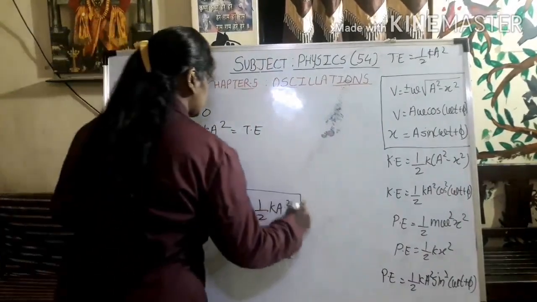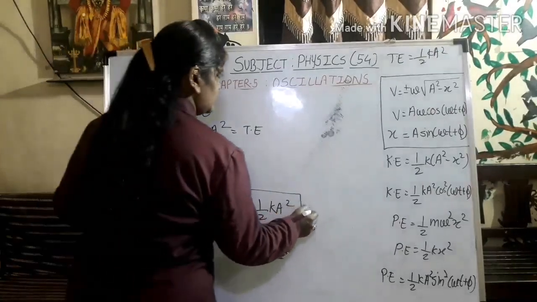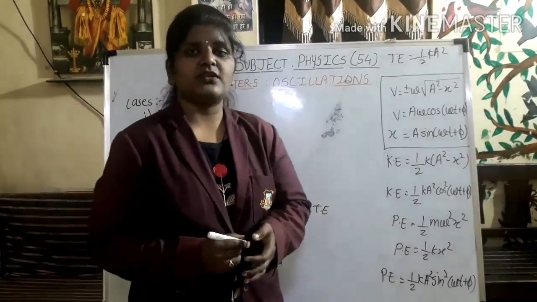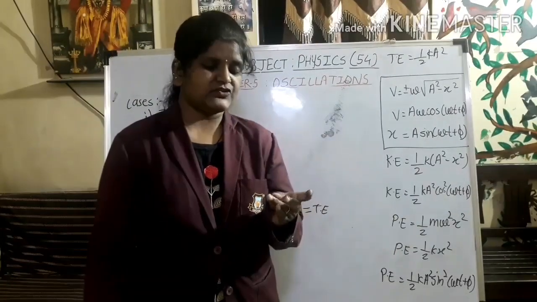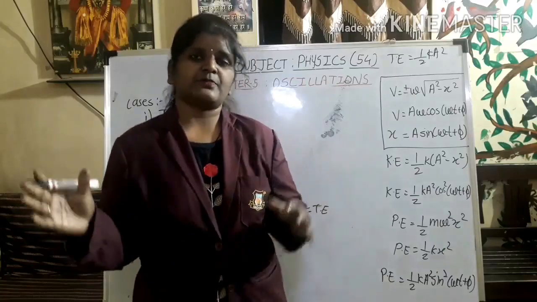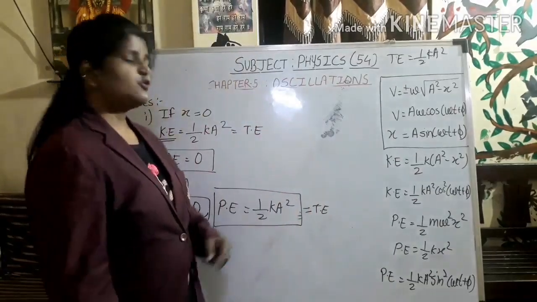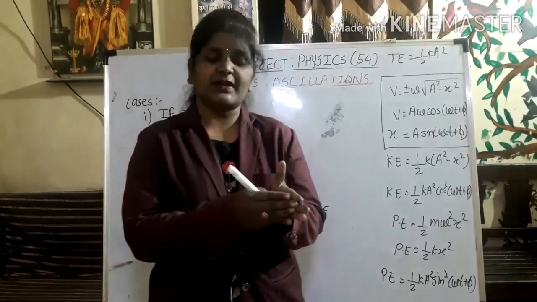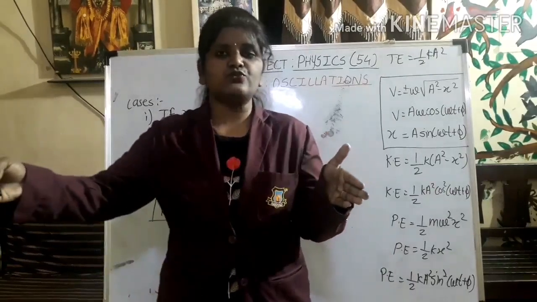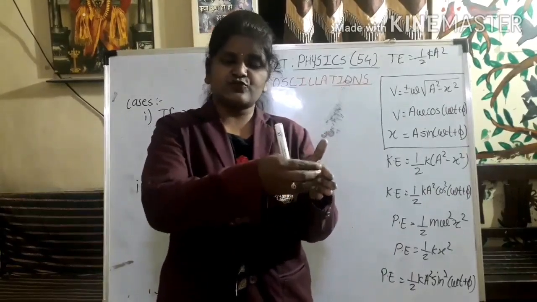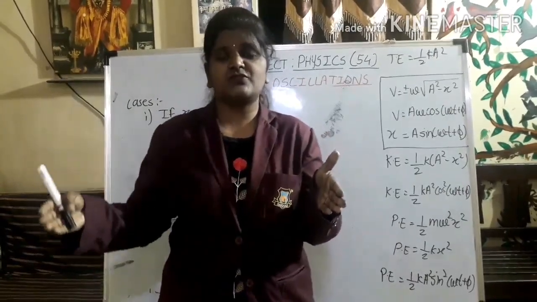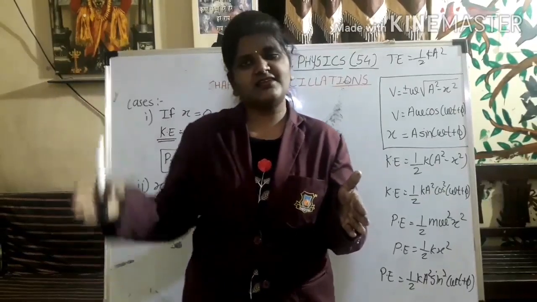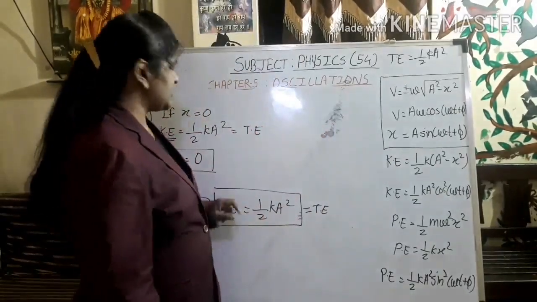So what you observe from both these equations, this is nothing but total energy, am I right? So when the particle is at mean position, the total energy is completely kinetic energy, and when the particle is at extreme, the total energy is completely potential energy. Why is it so? Because at the very first I told you that when the particle is at mean position, it has to move towards extreme, so kinetic energy is there. When it reaches extreme position, it stops over there, velocity becomes 0, so the energy gets stored. That is potential energy.